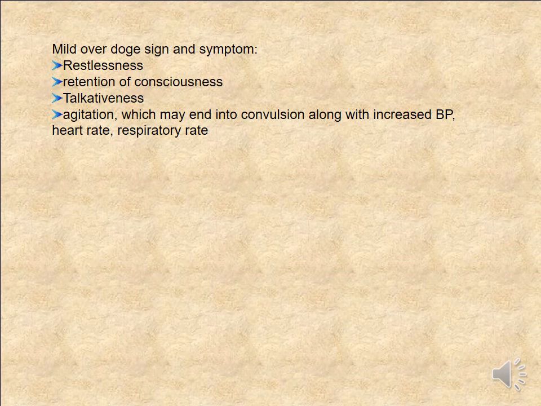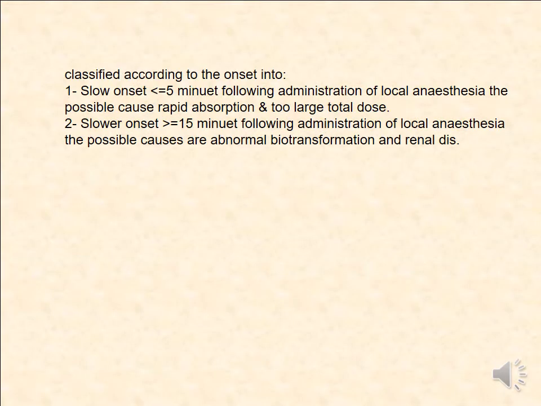We start with the signs and symptoms of mild overdosage. The first: restlessness, talkativeness, agitation, which may end in convulsion, along with increased blood pressure, heart rate, and respiratory rate. Classified according to the onset: first, rapid onset, and second, slower onset. The